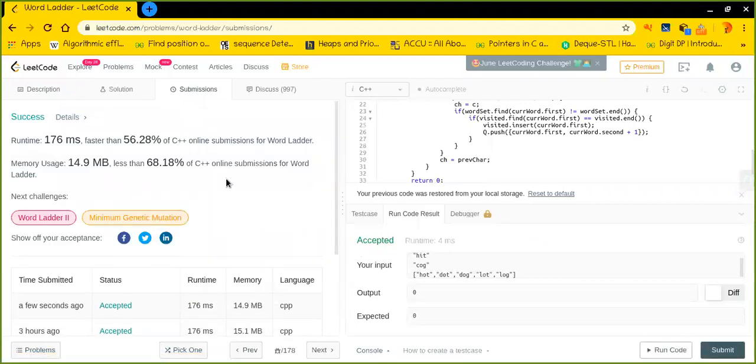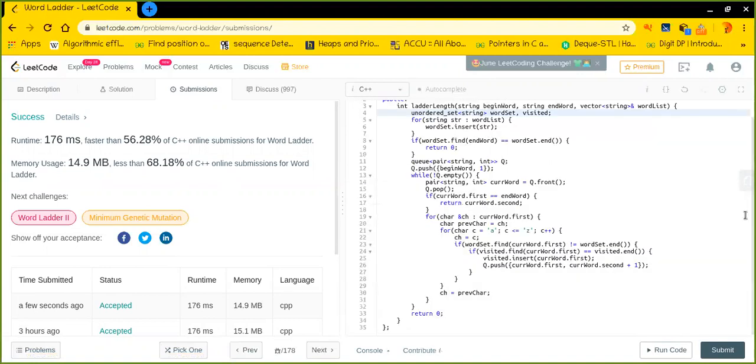And it worked. As you have seen, we have also taken care of the visited part, as well as the string which has the size equal to the current string that we are having, and also it should be present in our ladder. So that is the idea.